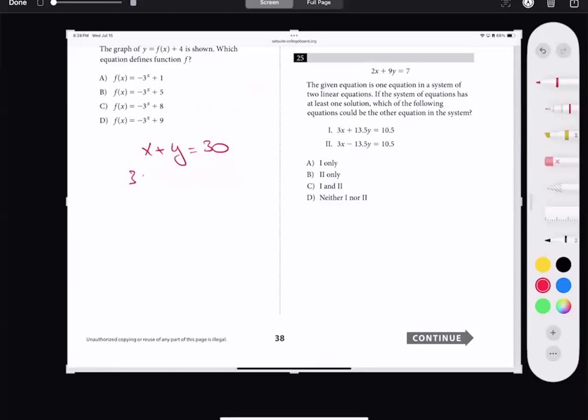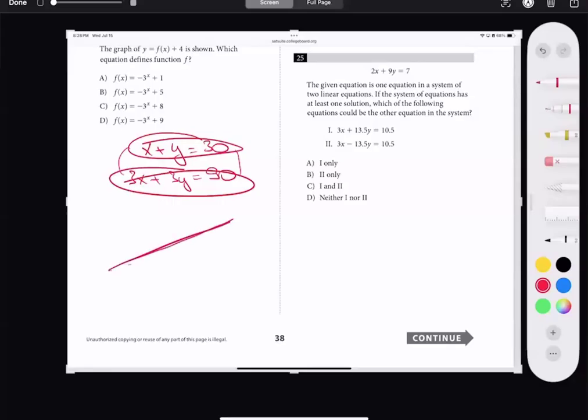3x plus 3y is equal to 90. You have infinite solutions because the second one is the first one multiplied by 3. So the graph is two coincident lines. Do you agree? They have infinite solutions, so at least one. So the question says if they have one intersection or infinite,